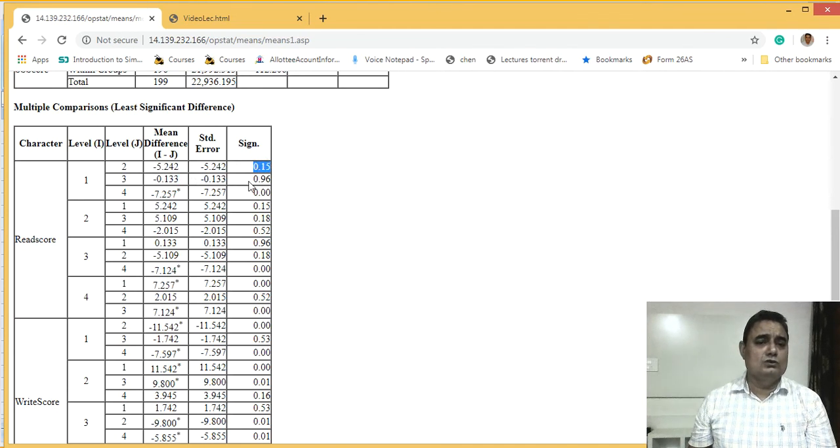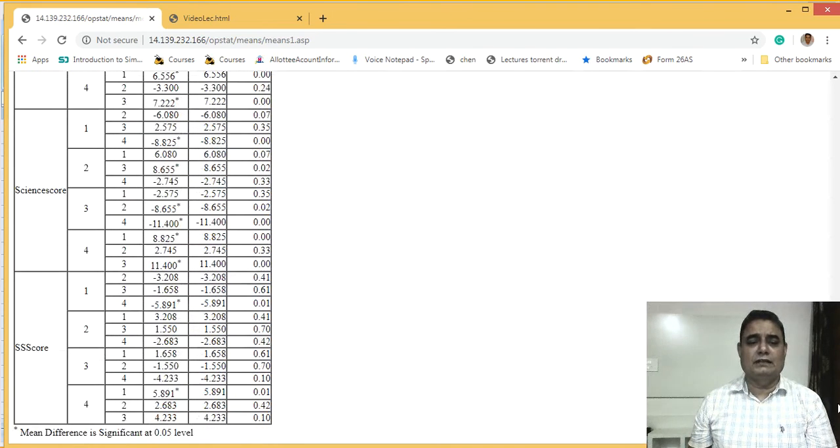The pair whose significance level is less than 0.01 or 0.05, according to your level of significance, you declare that pair significant, and the software also puts a star on this pair. So group 1 and 4 are found to be significant. Similarly 4 and 3 is found to be significant. So all the differences with a single star or double star are found to be significant. So a very simple interpretation is there.